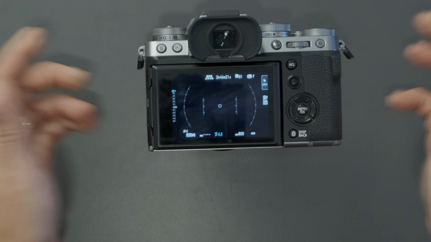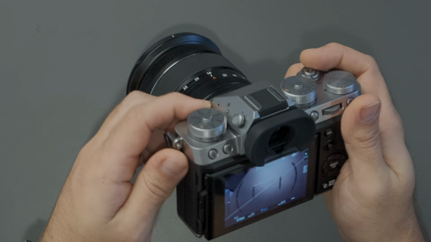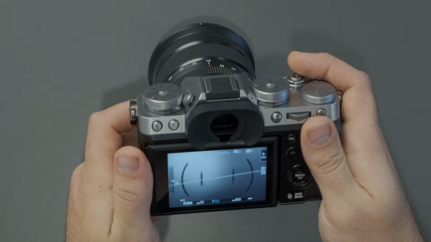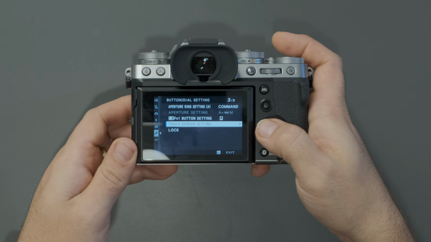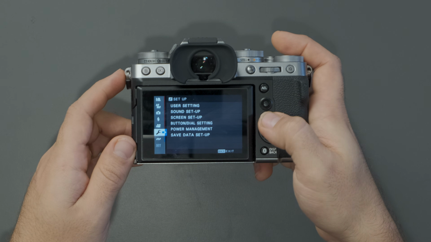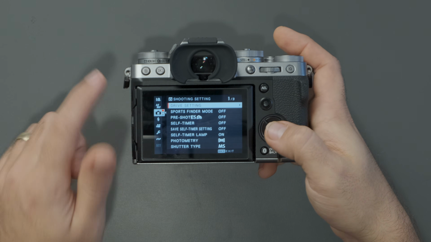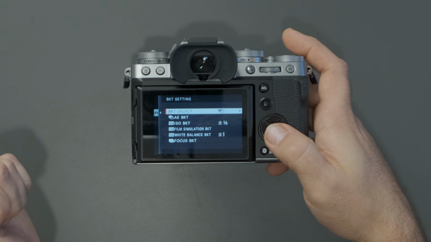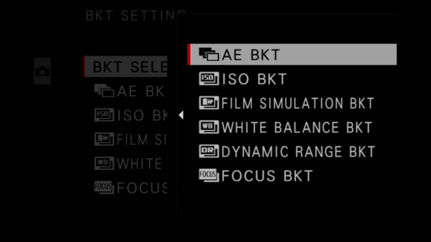Now the Fujifilm X-T5 offers various bracketing options as well. We can do focus bracketing, auto exposure bracketing, and so on. And these can be accessed by simply moving this dial right here and then going to bracket. Now to choose my bracketing mode, I simply go into the menu and then to the shooting menu and then go to drive setting. And then from there I can go to bracketing setting, bracketing select,